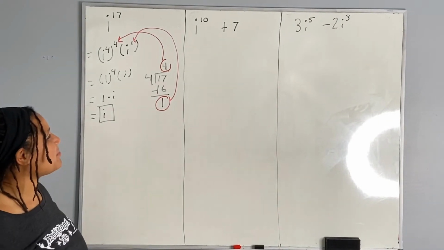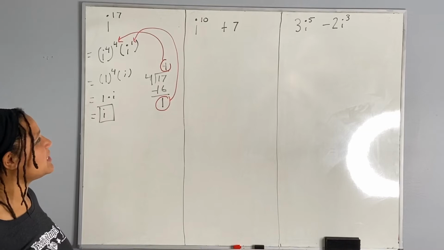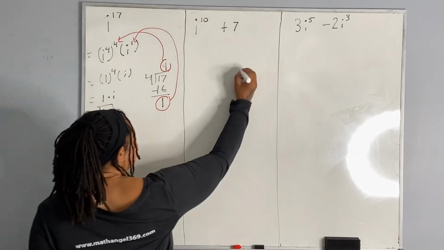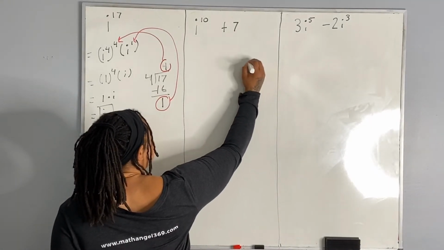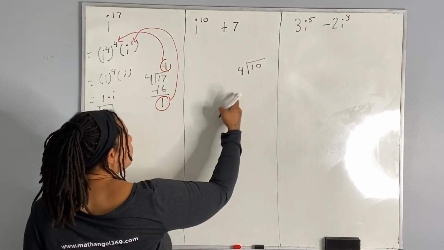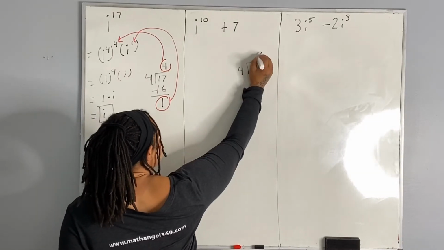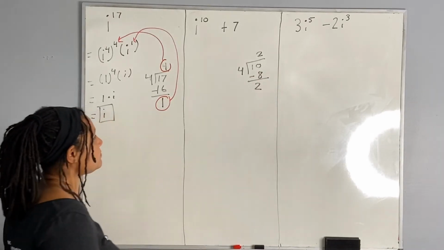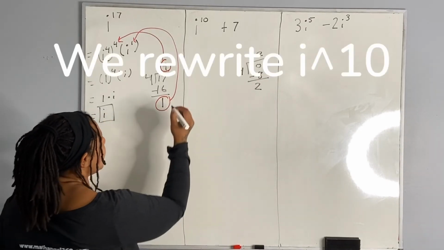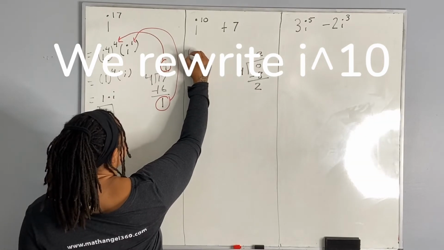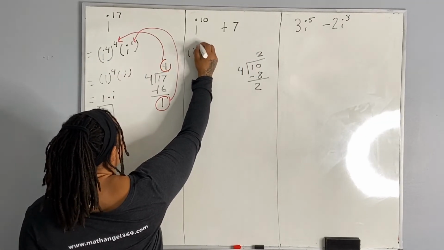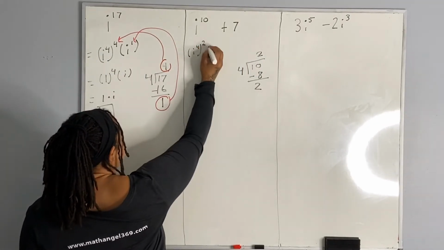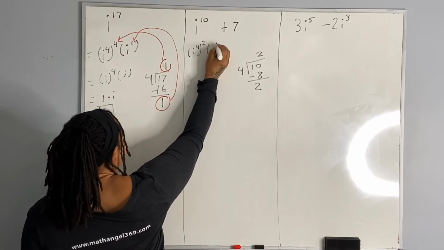Now let's look at our second problem. We have i to the 10th plus 7. Again, I'm going to take 10 and divide it by 4. So 4 goes into 10 2 times. 4 times 2 is 8, and we have a remainder of 2. So we're going to write i as i to the fourth, all raised to the second power, times i